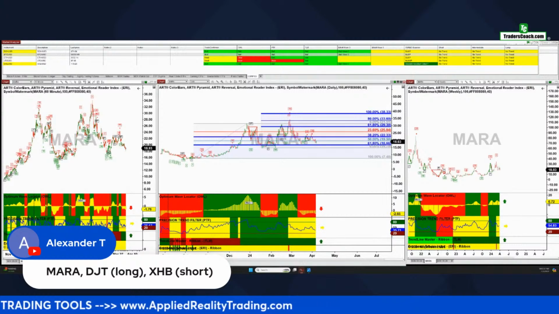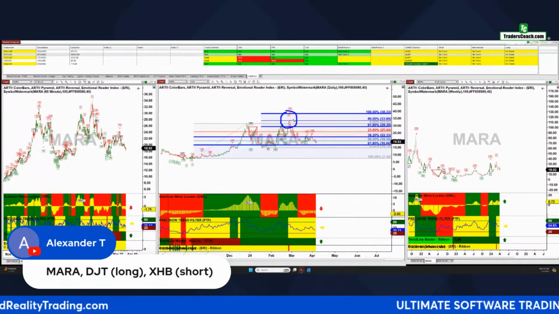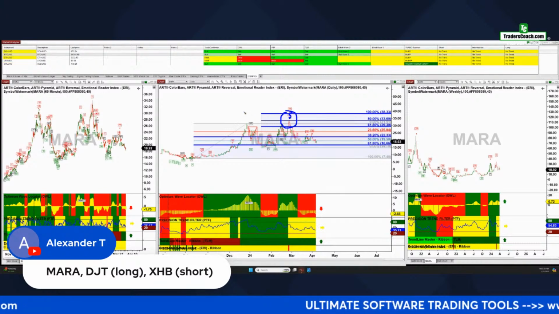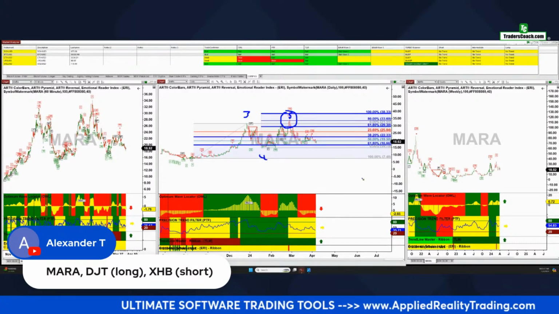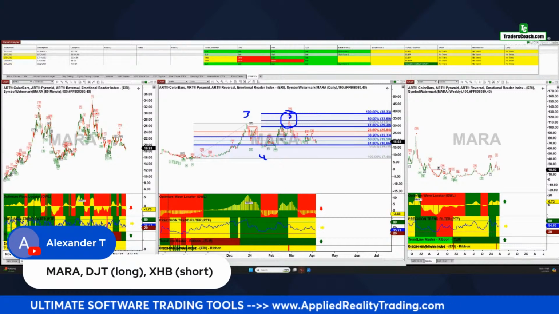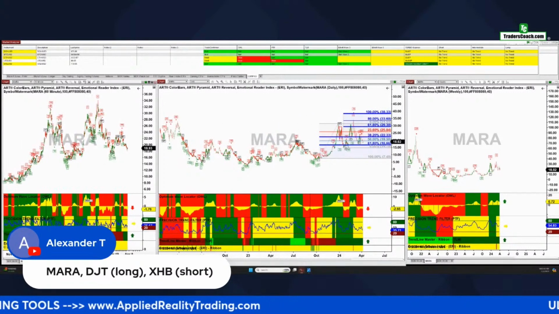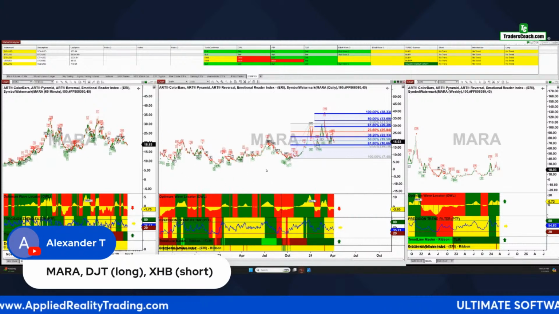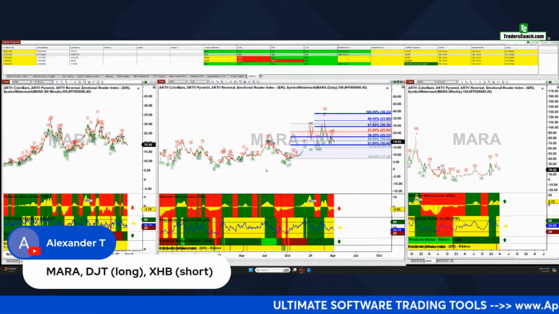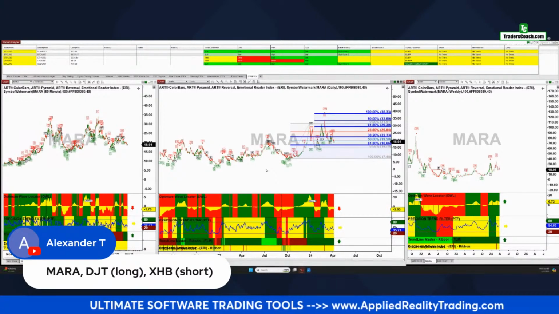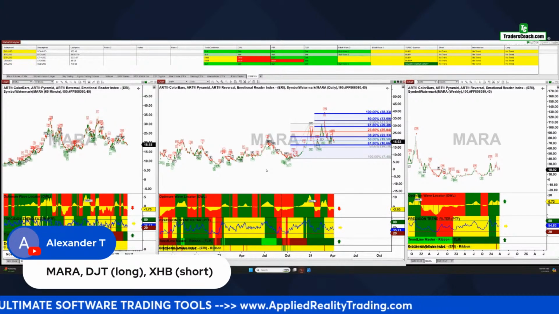Let's see here. Before, when we drew this target, this was a 5, 3, 4. So now it's in a correction mode and not very clear on where we're going at this point. Look at the chart. Here's an example of where we reached our target, but we're not going to take a trade in the opposite direction because we can't figure out a good target of where it's going. So why trade it?